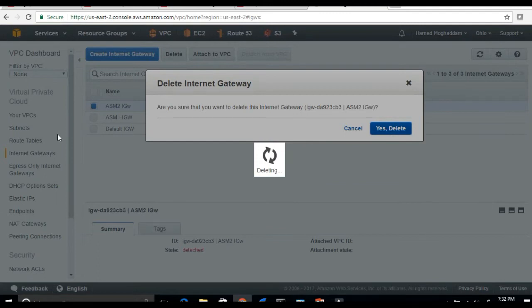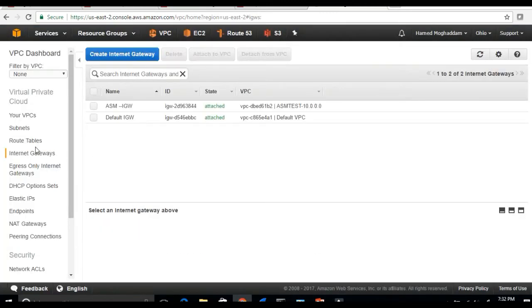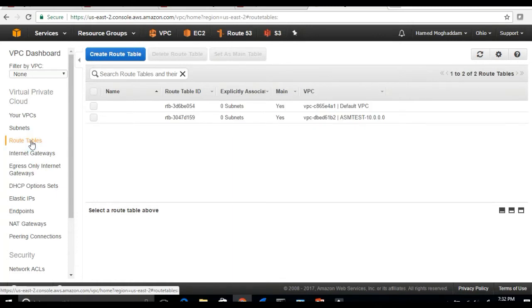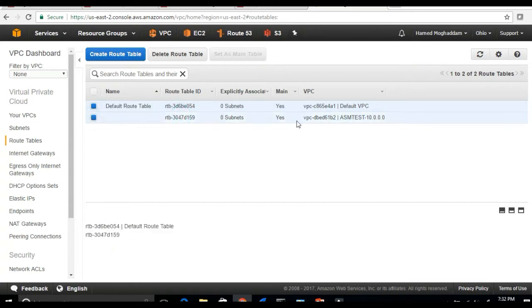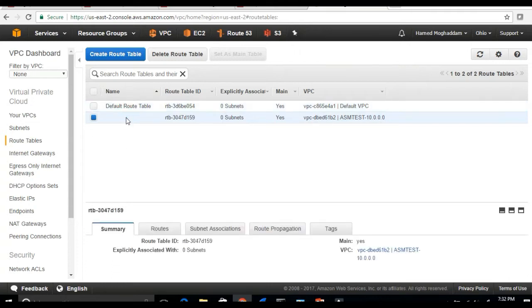All right. Now, after attaching that, let's look at the route table. Let's see what we have. Now, these are the main route table. One is the default, the one that was originally created. So we have the default route table. Okay. And this is the one that's assigned as soon as you do that. So I'm going to put a note here: this was created when I made the